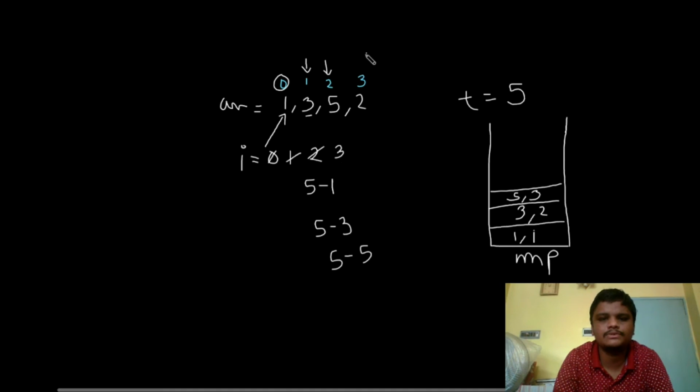So now again we are going to increment the value of I by 1. I will be pointing to index 3, and the element is 2 over here. So now we will be subtracting the element from the target, and we got 3. And we can see that 3 is present. See, the key 3 is present over here. And hence we have got it.